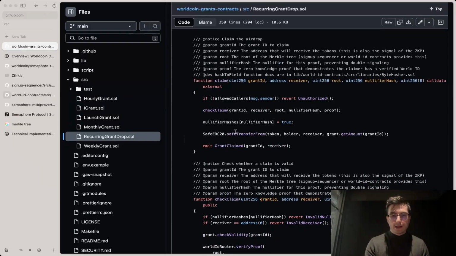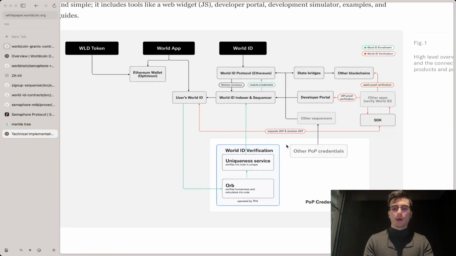So this is an example of a World ID integration. I gave an example of how you can use World ID to gatekeep actions on-chain. Cool. So now that we have that out of the way, we can maybe talk a little bit more about